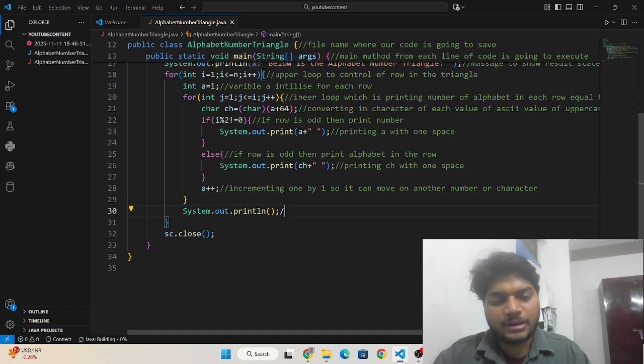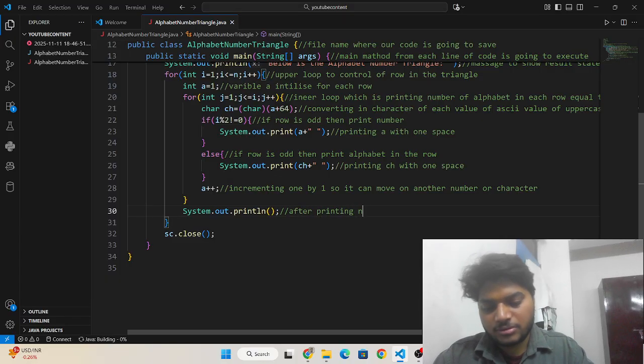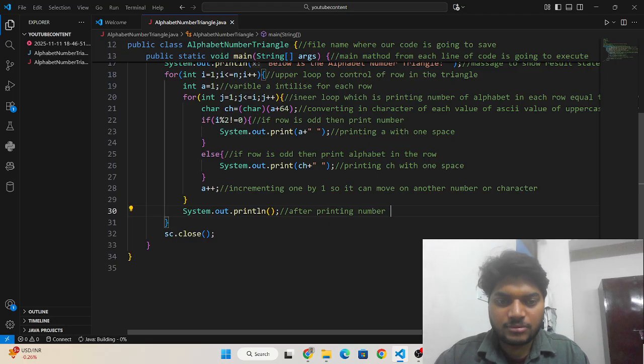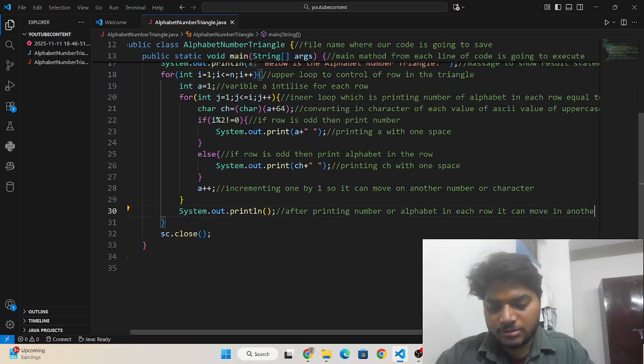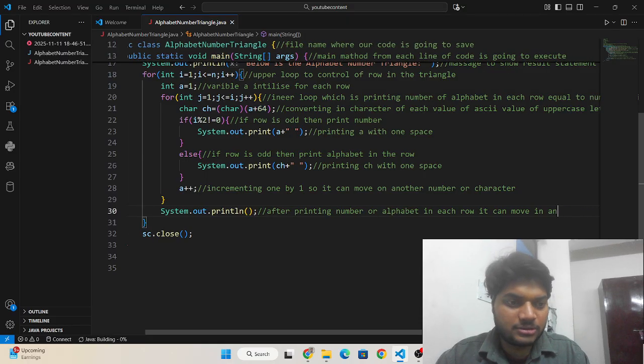Okay, and after printing number or alphabet in each row, it can move to another next row.